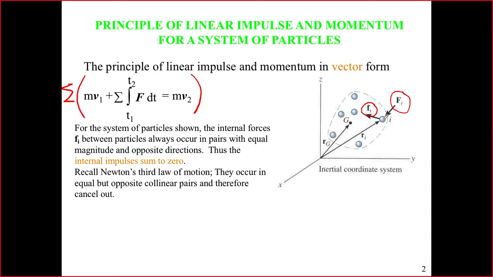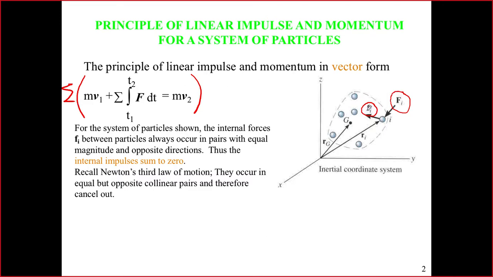मतलब ये कि इस particle के ऊपर there is going to be an internal force acted upon it because of the effect of these other particles. अब what happens is कि we all know by Newton's third law of motion that all of these forces are going to be equal and opposite to each other. ठीक है? So उसी वजह से अब when I'm summing it over the entire system, then these internal forces के